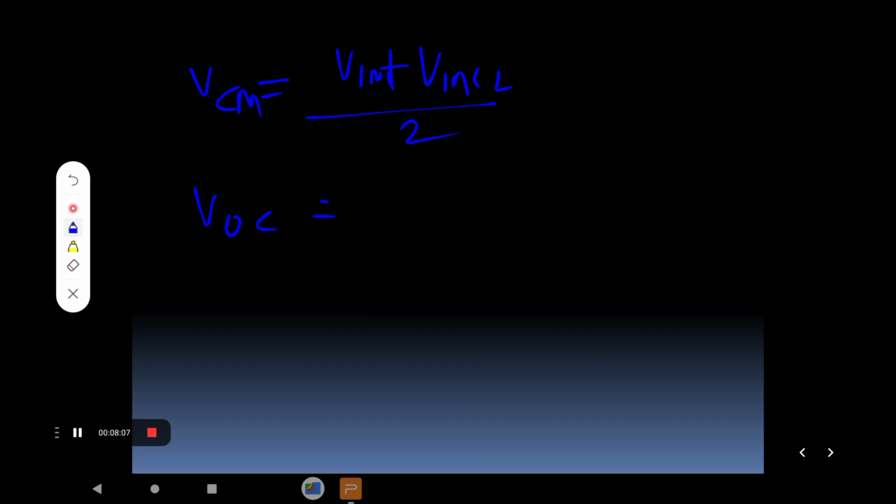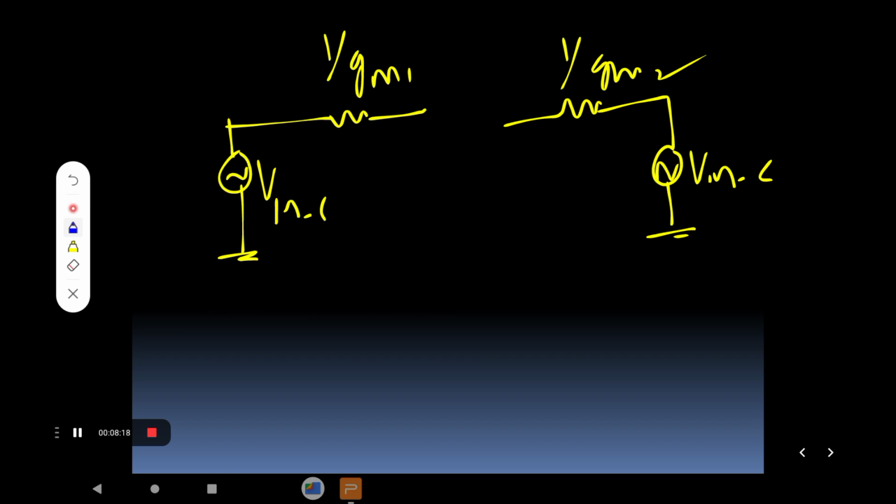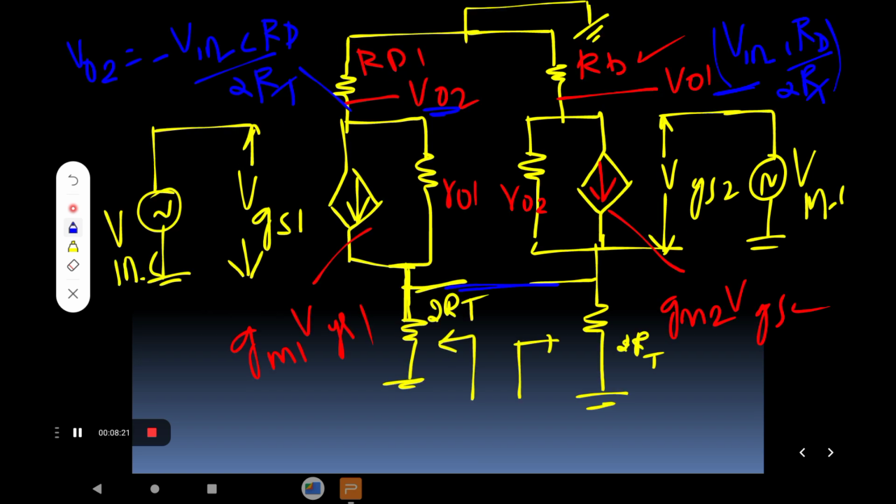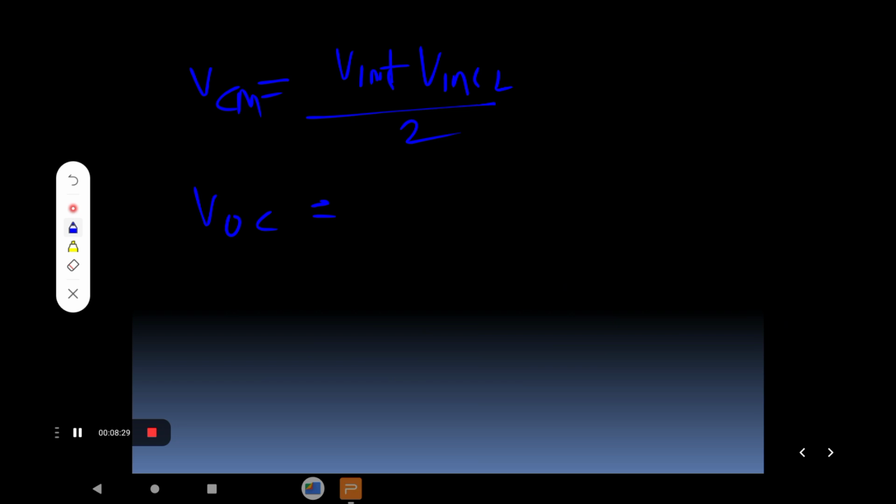So in this case, obviously in both cases we are getting a negative value, right? Because the same signals are applied, so it is also a negative value. No polarity variation, so in both cases the polarity is the same. That's why in both cases we are getting a negative value. Therefore minus VO1 is minus VNC, the common input voltage, RD2 by 2RT, plus